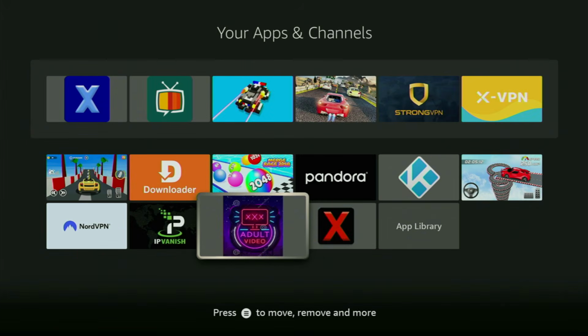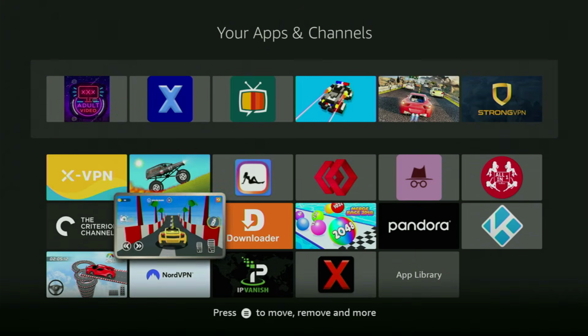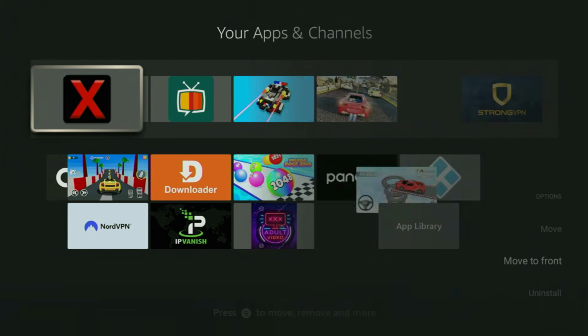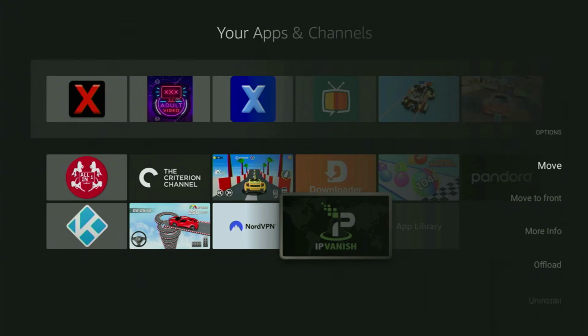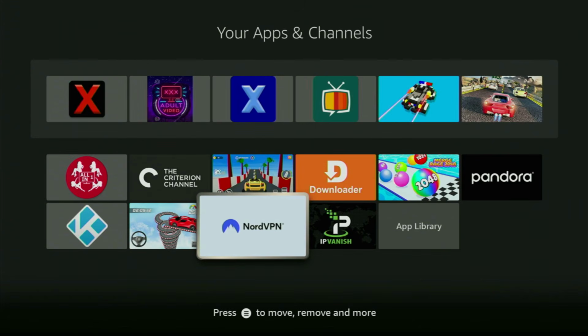you will find those two apps which we downloaded. So we can put them up front as well for the easy access of those apps. And now all the three applications should appear at the very top. Yeah, there they are. So enjoy all those apps, and of course, make sure to stay anonymous online by being